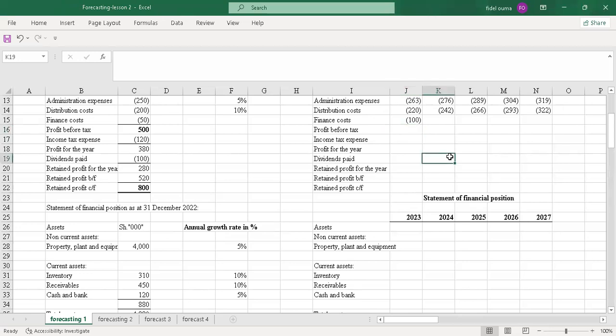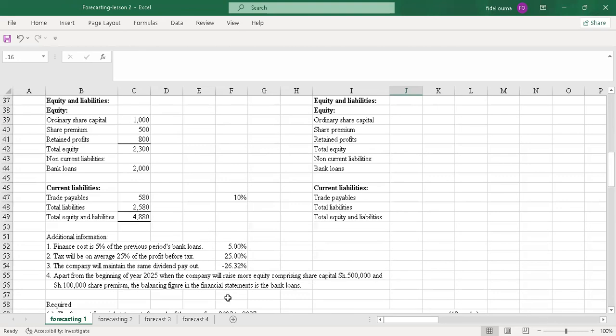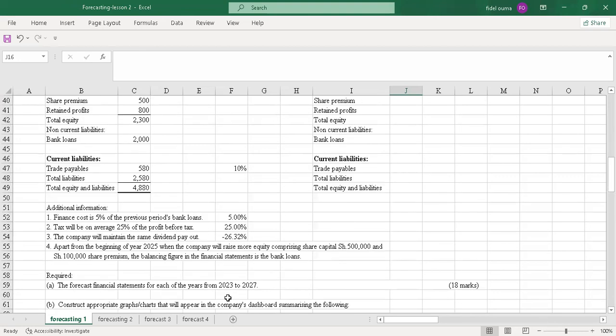Sorry for that. Sorry for that. So after that, now we are told that, in additional information number 4, we are told apart from the beginning of year 2025,